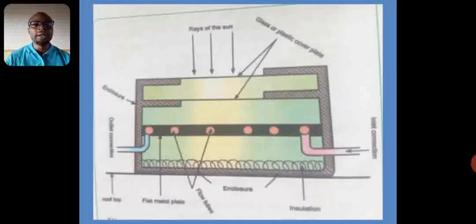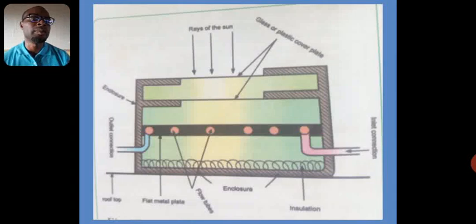If you look at your screen, you will be seeing the diagram for the flat plate collector. It's also in your new school physics. If what you are seeing there is not all that clear, you have it in your new school physics. You can see the rays of the sun coming, and we are having glass or plastic cover plate. So once this rays comes, what happens? You also have